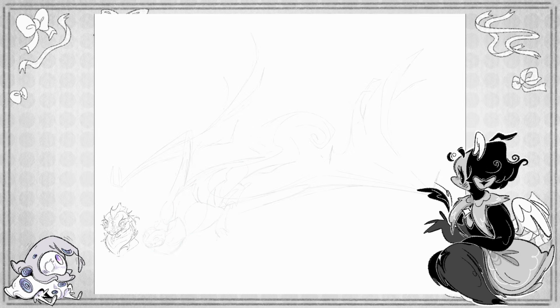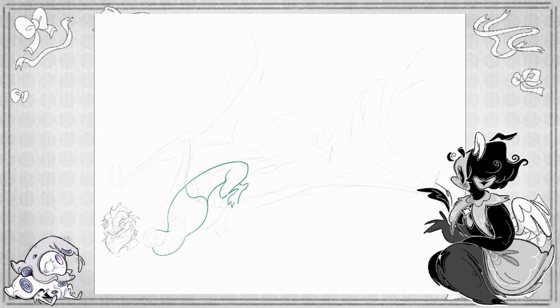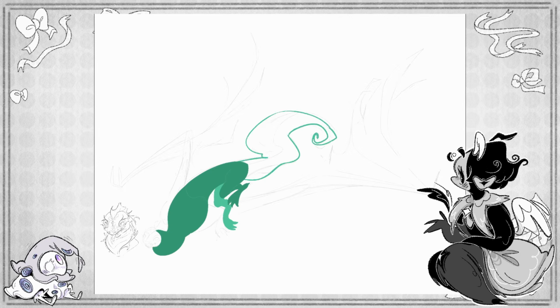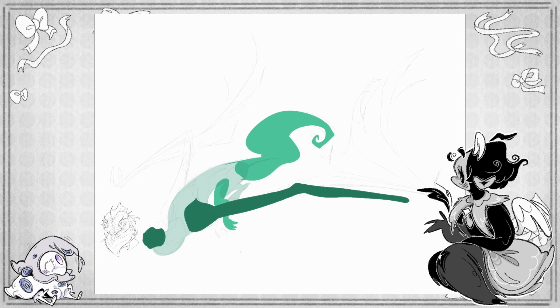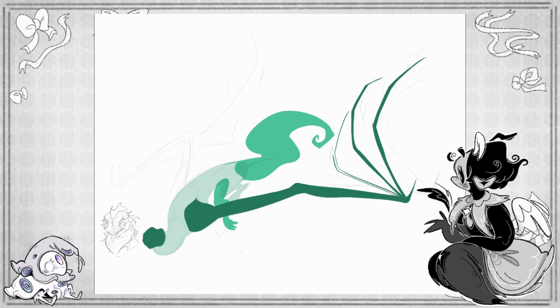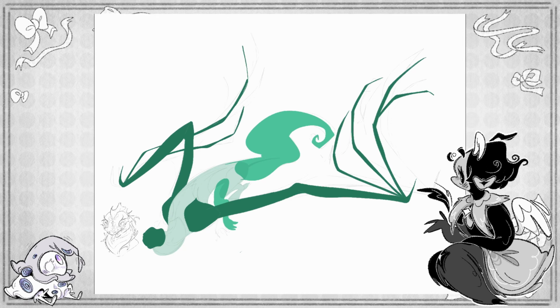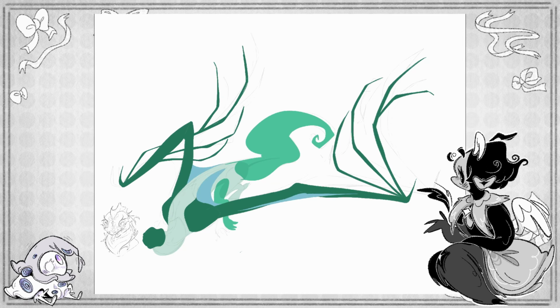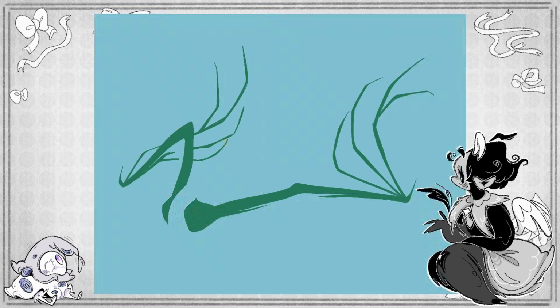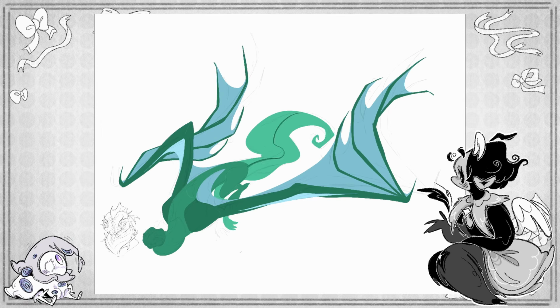But I started off with this gecko/snake inspired dragon, mostly because it was the one I gravitated towards the least, so it just made sense to start with it. But that also meant it was time to face my broken anatomy, mostly in the wings. I realize now this dragon's arms are really elongated, which might not be correct, but I do really enjoy the